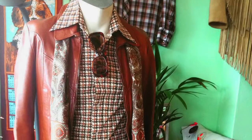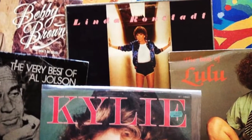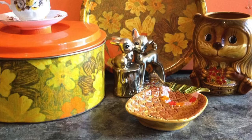Because I'm about to share with you one of the best vintage places to shop at in all of Melbourne. You'll definitely find something you love here. There's so many items that you just need to come and see. There's vintage items that are really hard to find. There's some East German pottery. There's some exquisite pieces, and there are just some things that you want to own because you haven't seen them